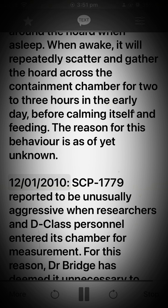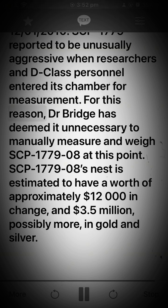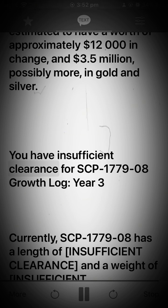The 12th of January 2010, SCP-1779 reported to be unusually aggressive when researchers and D-Class personnel entered its chamber for measurement. For this reason, Dr. Bridge has deemed it unnecessary to manually measure and weigh SCP-1779 to 1708 at this point. SCP-1779 to 1708's nest is estimated to have a worth of approximately $12,000 in change, and $3.5 million, possibly more, in gold and silver. You have insufficient clearance for